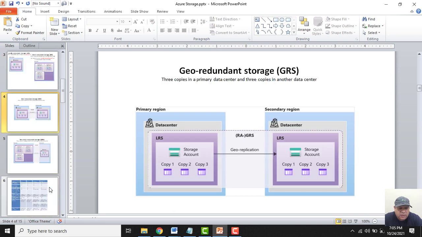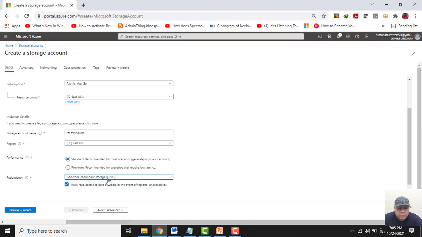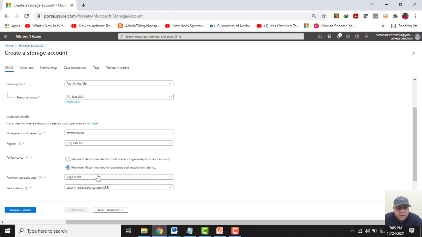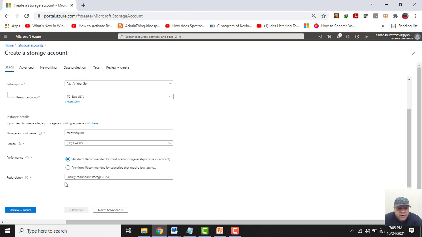Now if we select a premium account, what happens? I get specifically 3 services: block blobs, file share and page blobs. When we select the standard option, redundancy is fine, but I get 4 services.